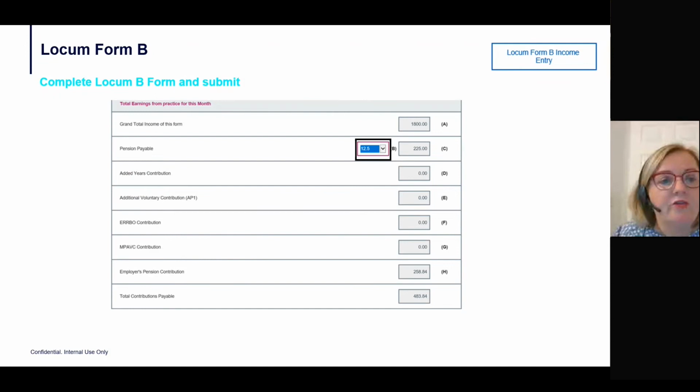So as we carry on through the Form B, when you scroll down the screen, you'll see that the income pulls onto the form. You then have to select the appropriate tier rate. Depending on the applicable tier rate for yourself, you select that, and then you'll see that the system will populate contributions in terms of the employee contributions. The Form A had already stated the employer's, and we get the total contributions as well. So Form B is pretty much complete,